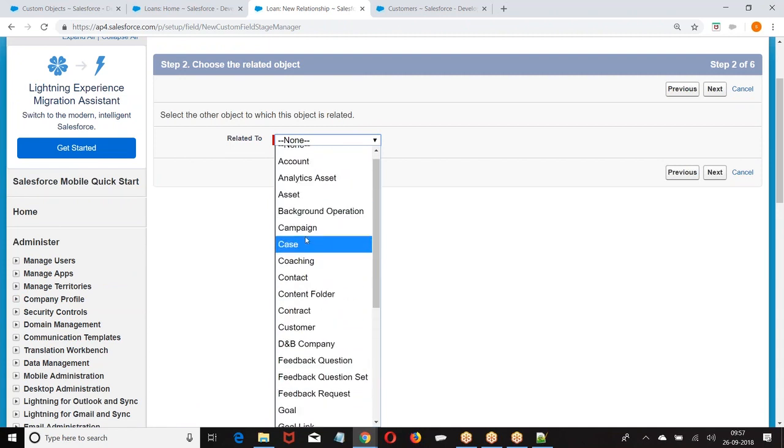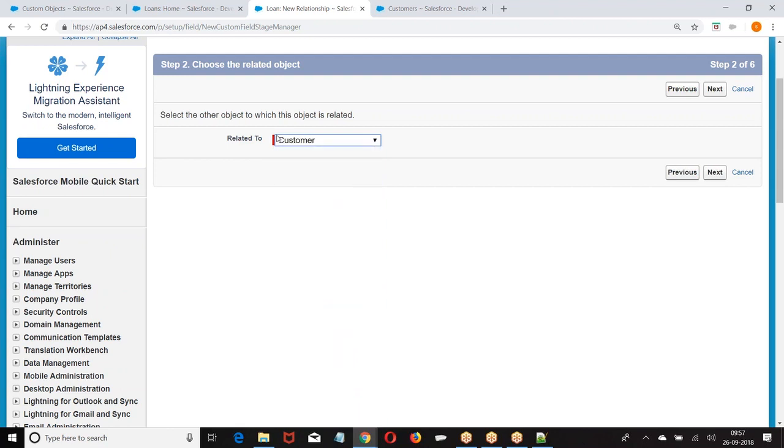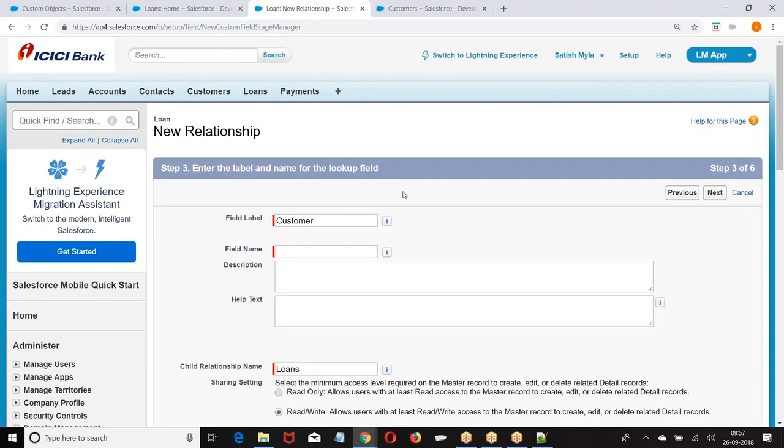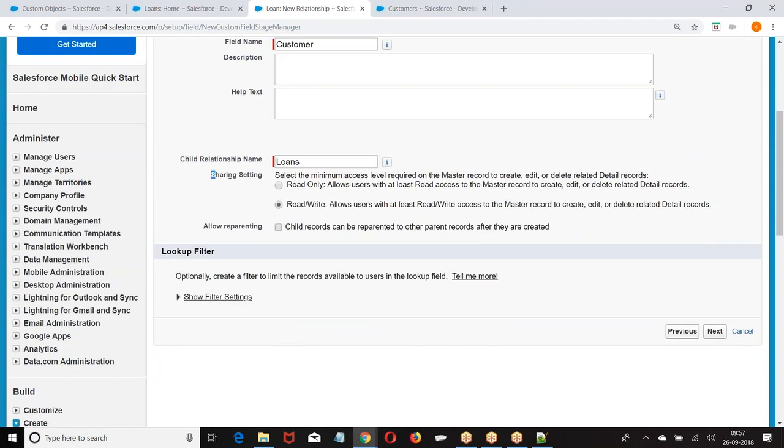Now look at this. What is the object here? On the loan I am choosing customer as a parent. Then sharing setting is what? Who can create a new loan records? Who can modify the child records of customer? Allow reparenting means can you modify the value of your parent or not?